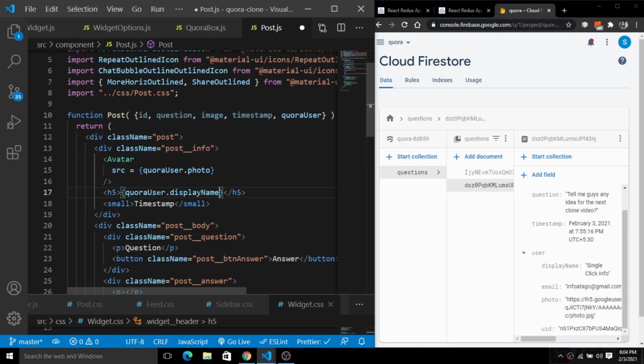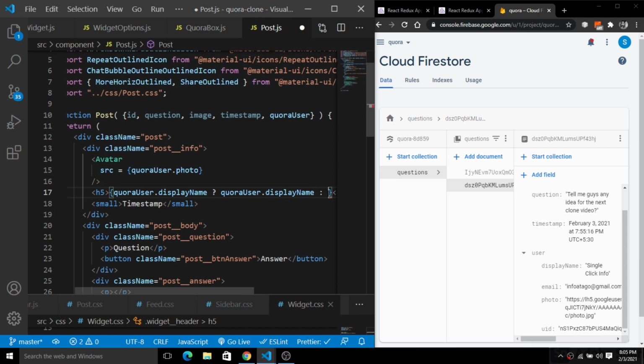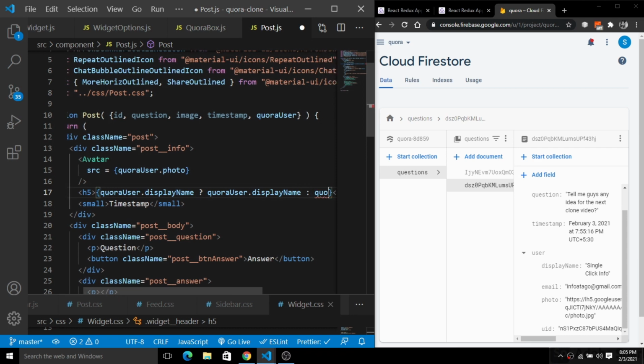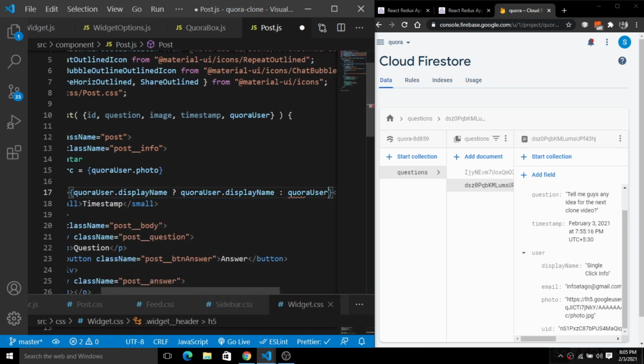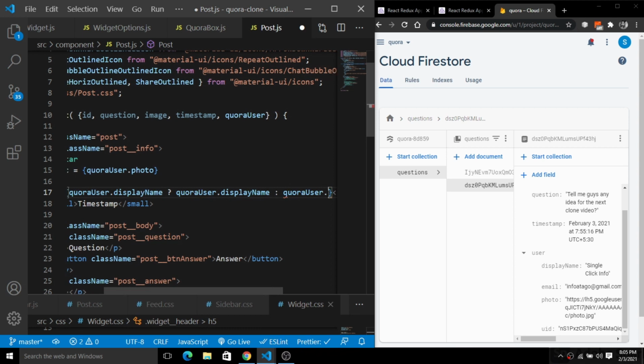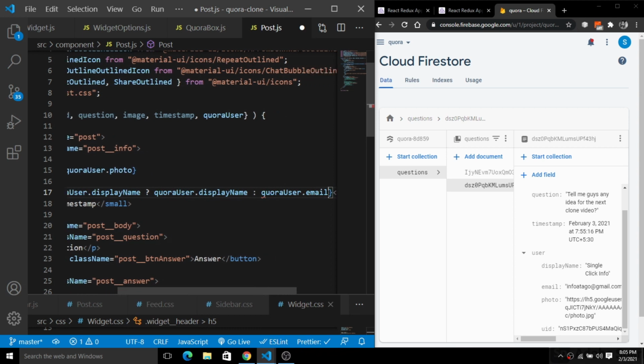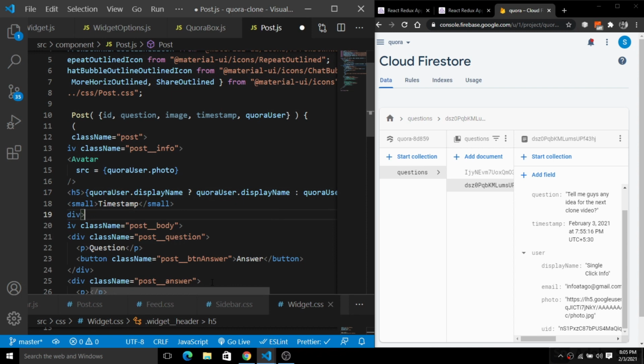If the user has the display name, then render the display name, copy this. If the user doesn't have the display name, then simply render the email of the user. So simply render the email here, just like this. So we have these things here.